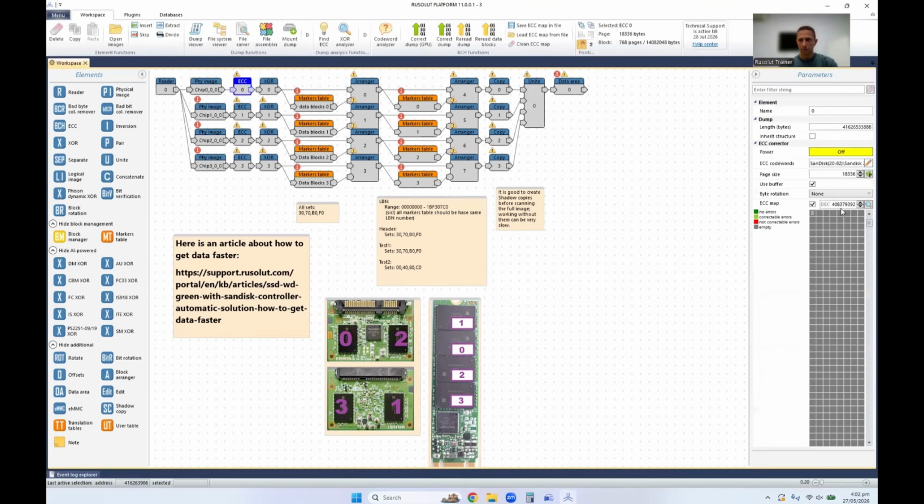And if we now try to read the same address which we analyzed before, and as you remember, it was fully red, now it's almost all green. There are still some red pages, which will be fixed on the next read, but imagine